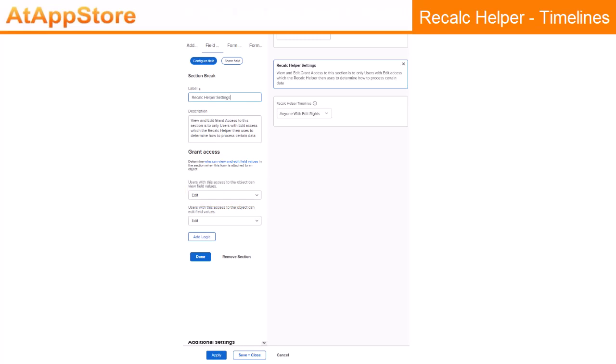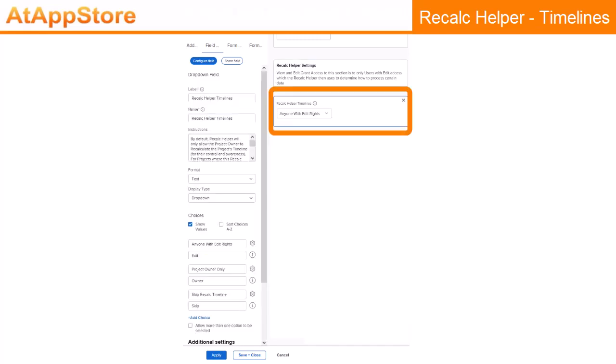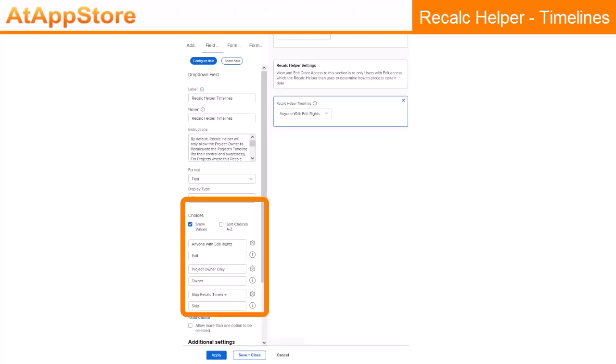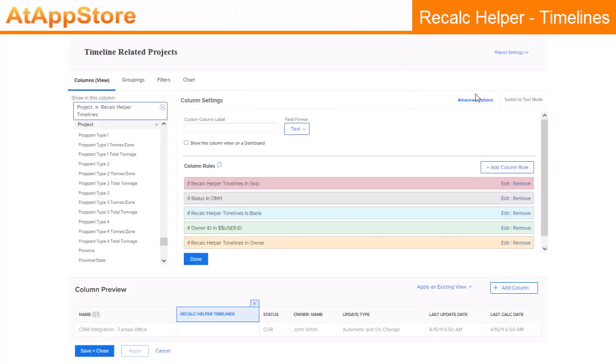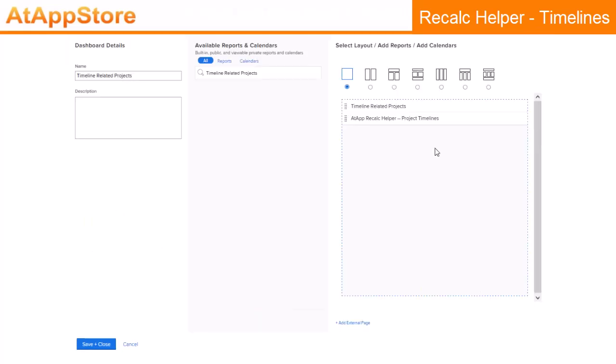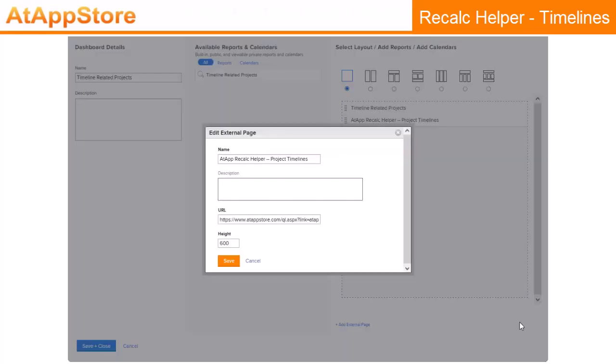Within that special section, the Recalc Helper Timelines dropdown then has three selections: anyone with edit rights, project owner only, or skip recalc timeline. And you can rename the labels as you see fit. With that custom data in hand, you can then create a view that references it in an editable fashion and even colorizes it as we've done in this example. And if you use that view on a report, you can then drop that report onto a dashboard along with our AdApp Recalc Helper for project timelines, the latter of which is just an external page on the dashboard that